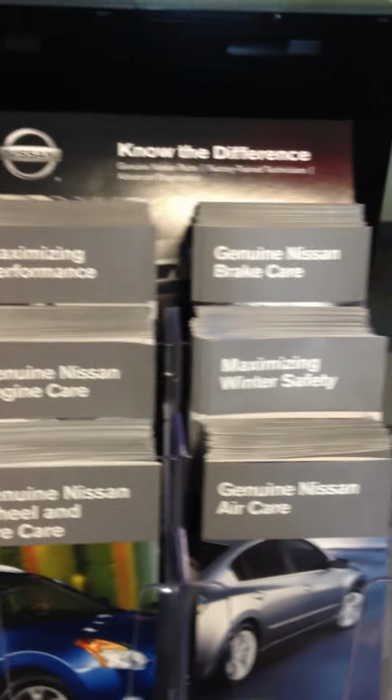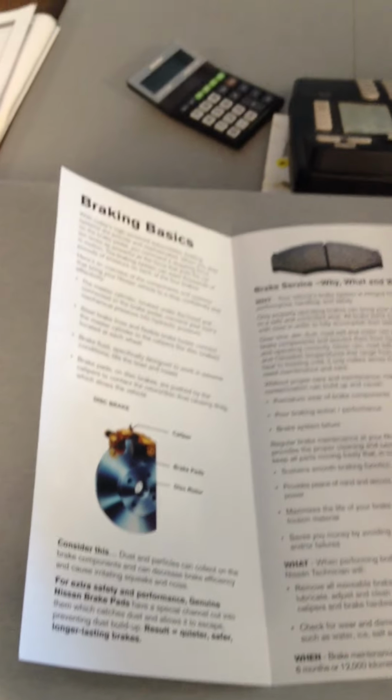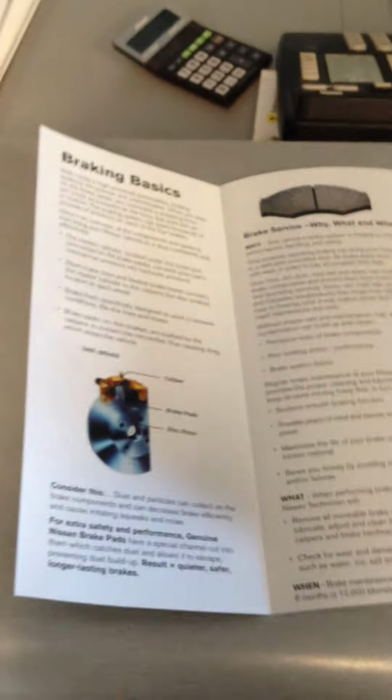And then there are a bunch of others. This is another important one, Genuine Nissan Brake Care. One of the things that we recommend at the 24,000 kilometer mark is a maintenance 2 package, and one of the key elements of that maintenance 2 package is the servicing of your front and rear brakes. So we take the tires off, we take the brakes entirely apart, and we clean them, we sand them down,